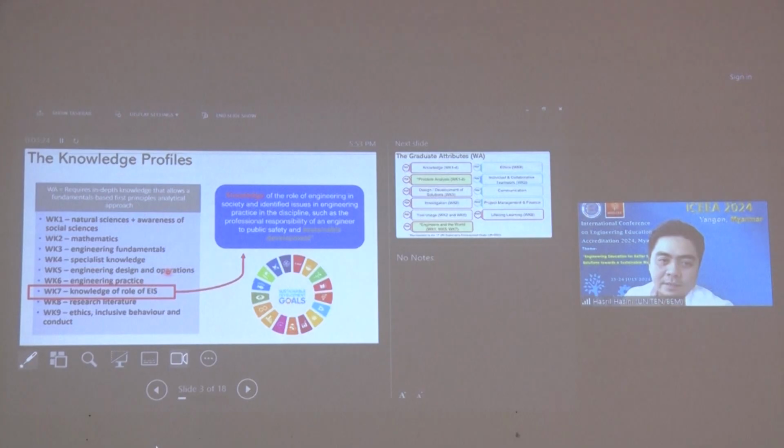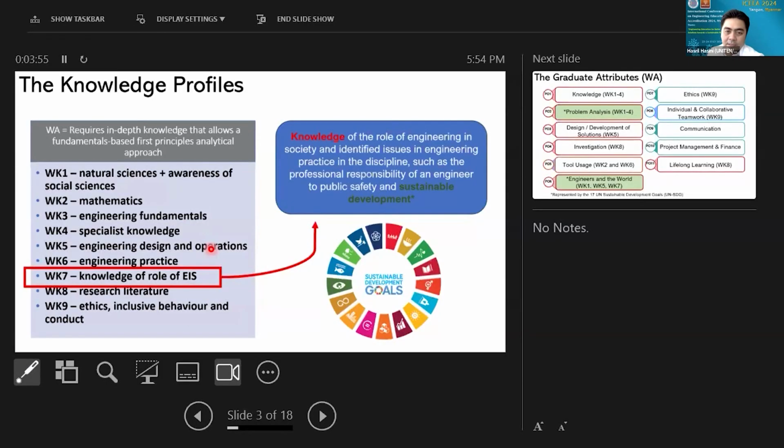We are concerned about the knowledge profile on the role of engineer in society, which is under WK7. And it is also worth mentioning that under the new knowledge profile, we have a new inclusion of ethics, inclusive behavior and also conduct as an addition to the knowledge profile to be included in our engineering curriculum.